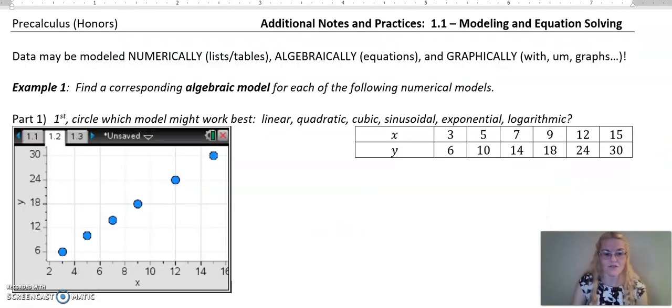So go ahead and take a few minutes and look at these additional notes and practices. Try example 1 and example